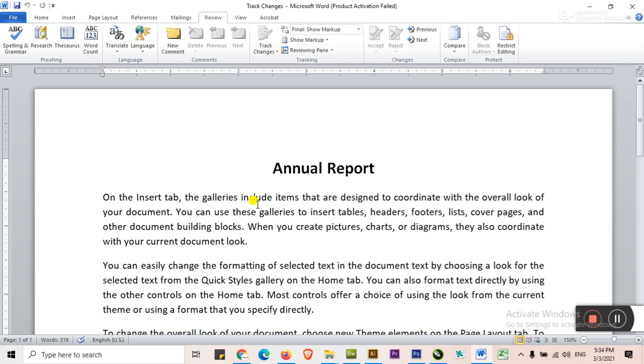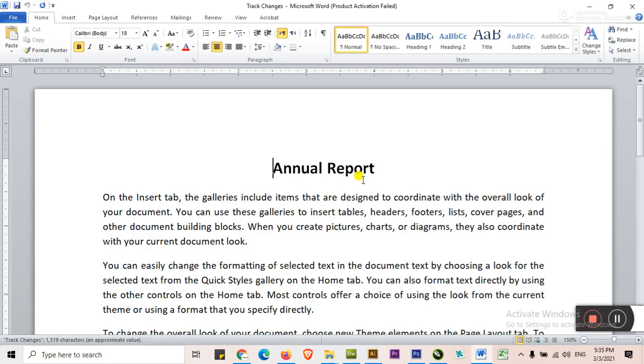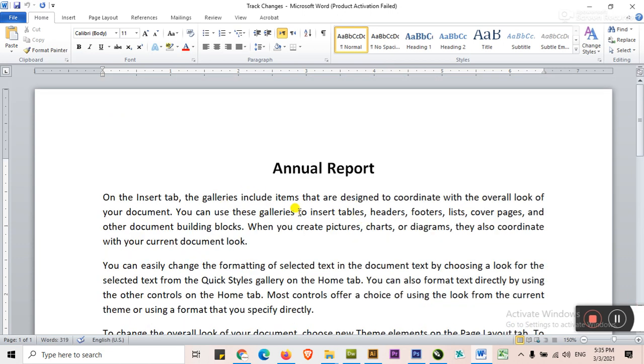Now I have assigned this assignment to a second person who will make the changes in this file. Maybe he is not sitting with me, so I close this file and send it to that person. When he opens it, I have already told him about the changes. He will make some changes, and they will be highlighted and give us a prominent indication.